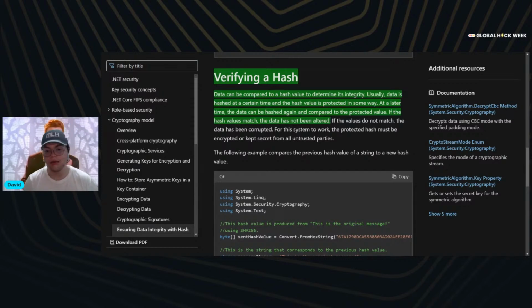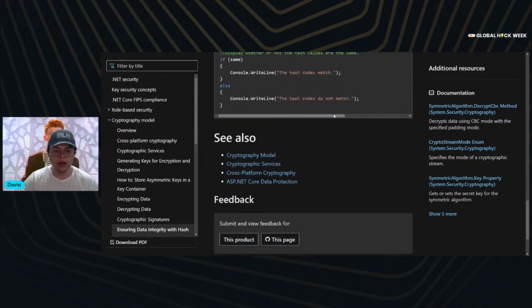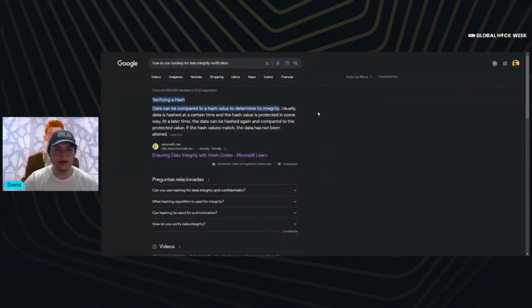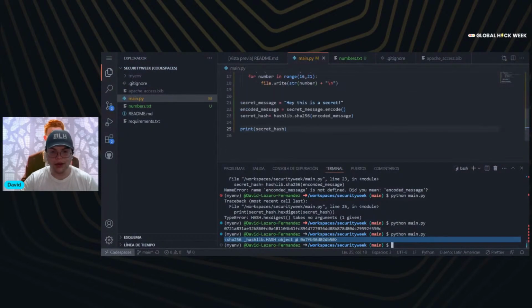So for this system to work, the protected hash must be encrypted or kept secret from the other interested parties. It gives us the following example in C#, but I think we are going to pass on this. Basically, it tells us what we already saw: if you're going to use a hash algorithm and you want to encrypt a secret message, imagine this is from your password,